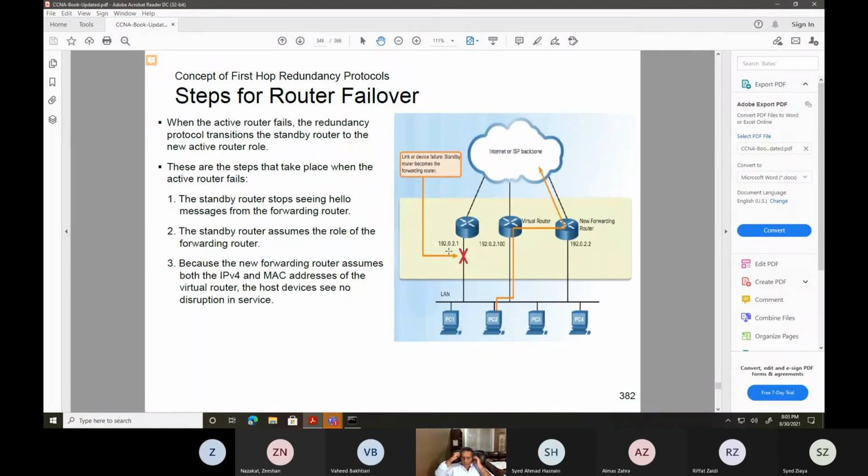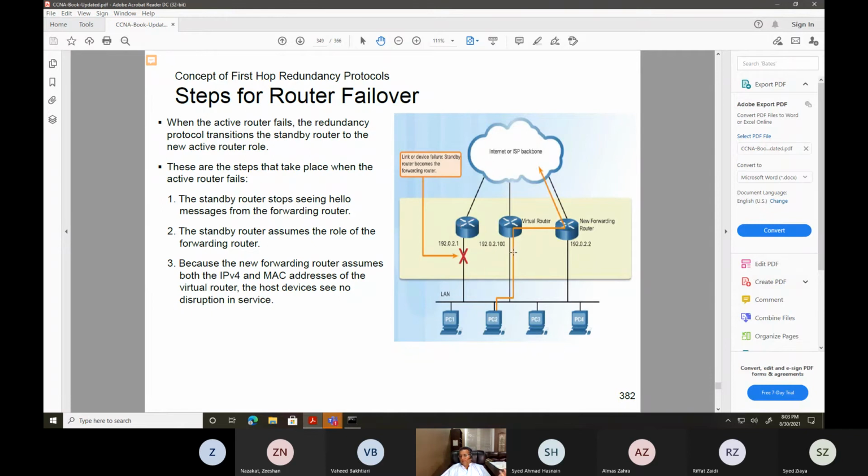So this is the example. If this guy goes down, as I was saying earlier, then all the traffic is going to be routed through this guy to the ISP backbone. If all these PCs use 192.0.2.1, and basically if this connection goes down, then nobody would be able to go out to the internet.